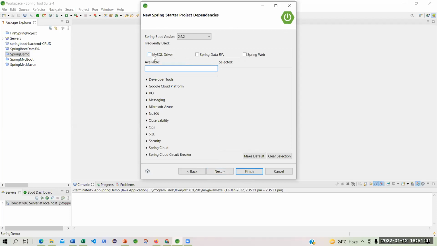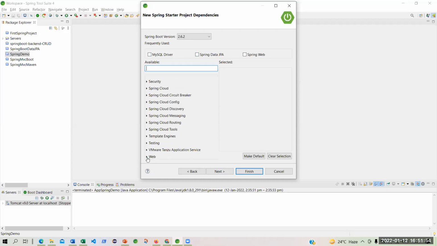Then for the time being, I am not creating any dependency. We will talk a lot about dependency later on. So right now, I am not creating any dependency, and I'm not even doing any web project. So I go to the next. I have not selected anything, no dependency.